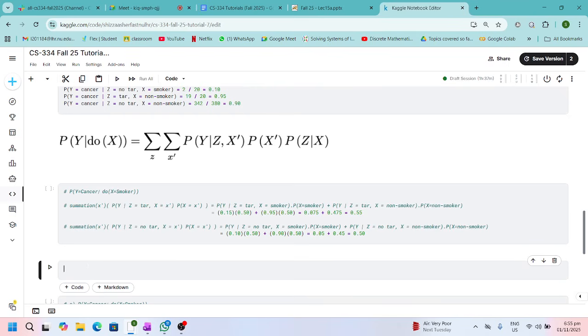Okay, all right. So this is our very final step. Now we just have to apply the final summation. So I will do the probability of y, which is obviously y equals cancer, given x equals smoker, given do x equals smoker. Now we will compute this final sum, which is equal to, well, over here I have 0.55